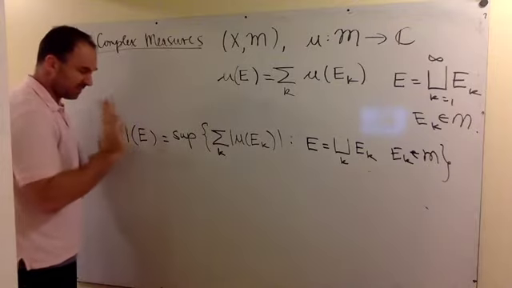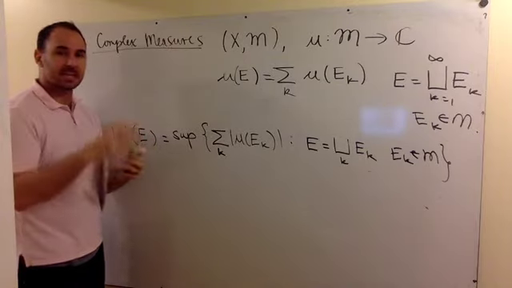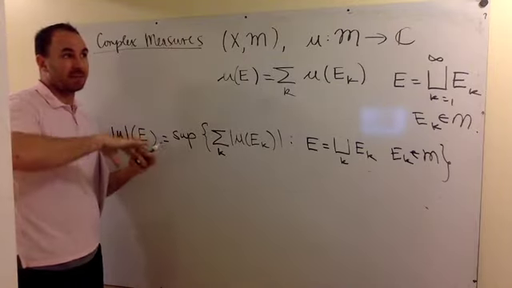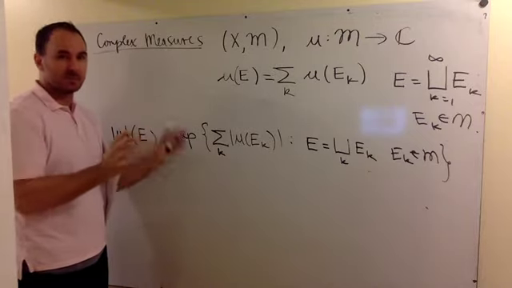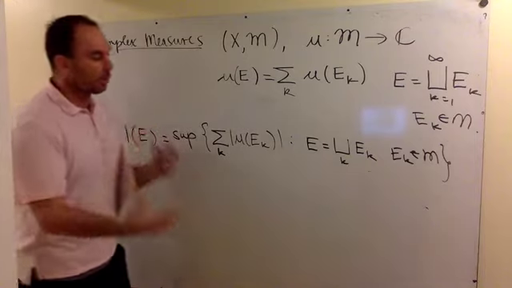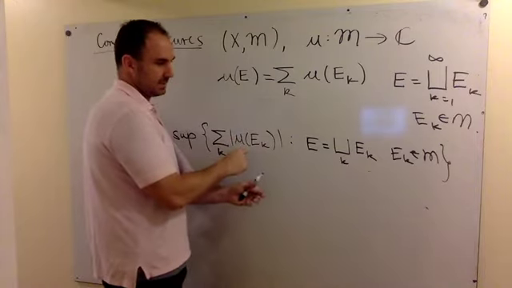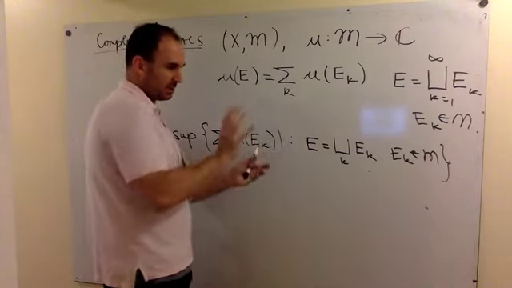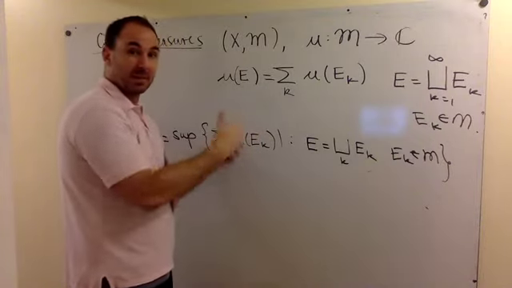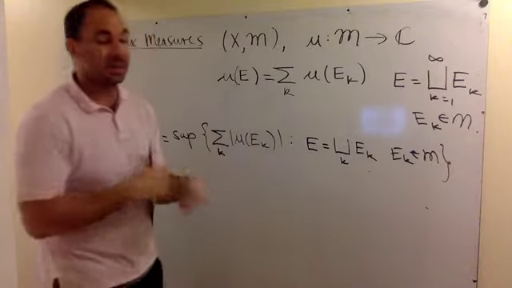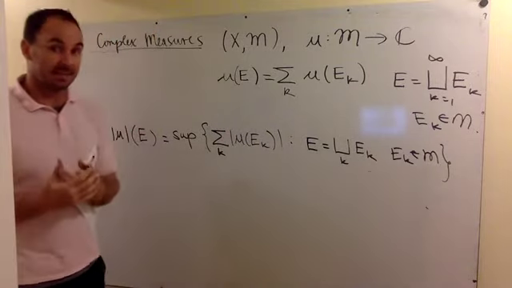And so the idea here is, think of it as real. The real measure of the set E, well, it may have some positive part, some portion of E is positive, some portion is negative. Well, if I do this, then what I can do is pick this partition so the Ek pick up all the positive ones, and then some of the Ek pick up all the negative, and I partition those separately, and I can get